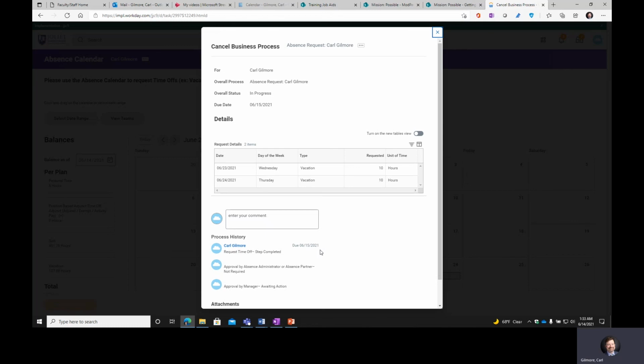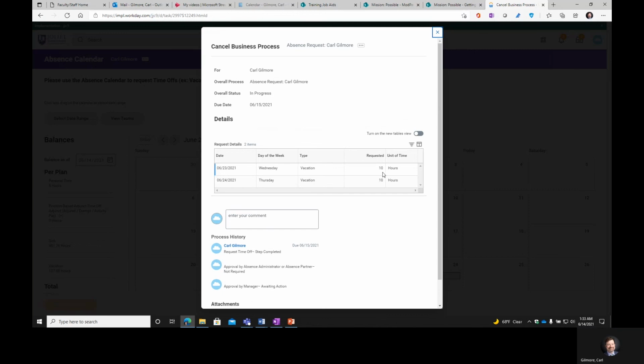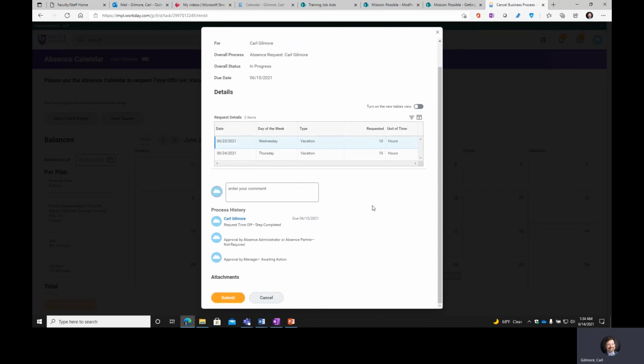It also shows me where the request is in the business process right now, and then allows me to check the items that I had previously submitted to make sure that I really want to cancel this. Once I've confirmed that, I click Submit,